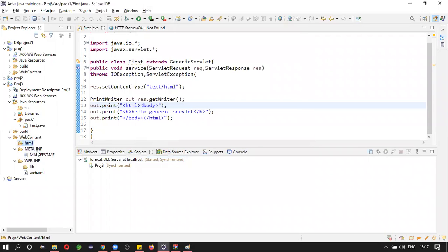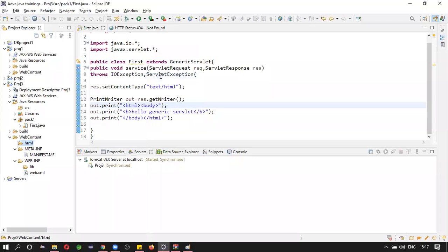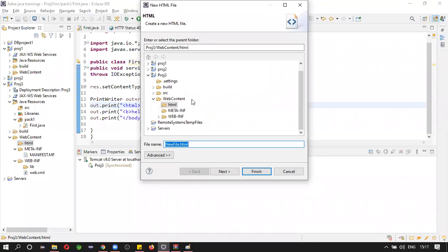Inside this HTML folder, I will create HTML files. Here, see, HTML file. Click on HTML. Name of the HTML file: one.html.